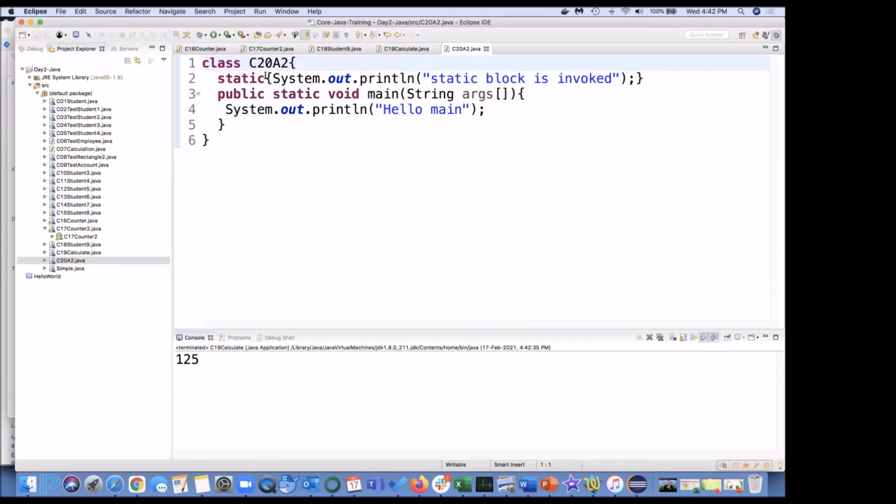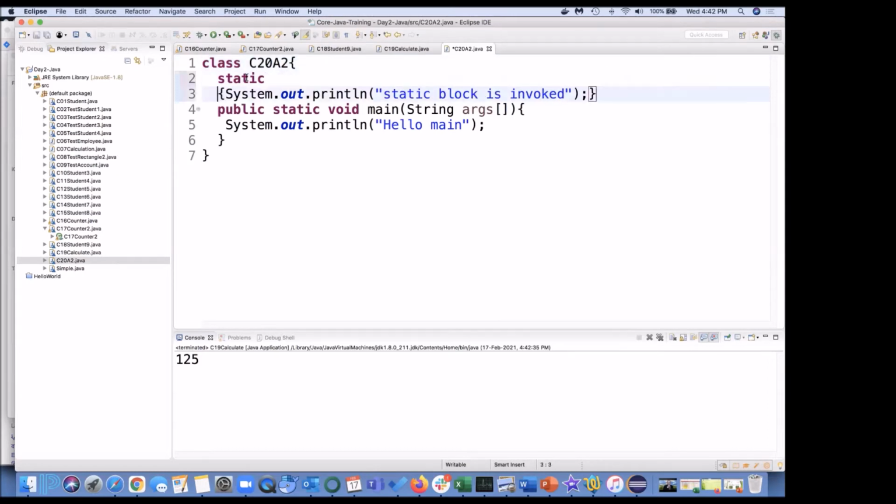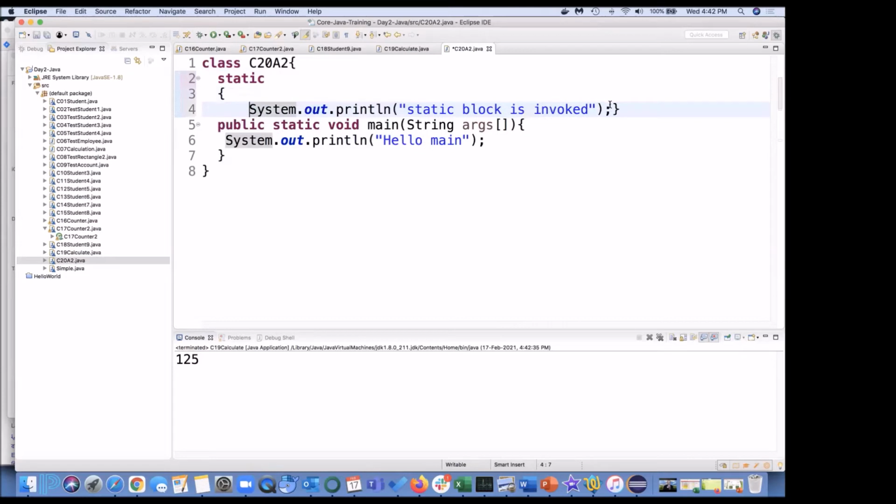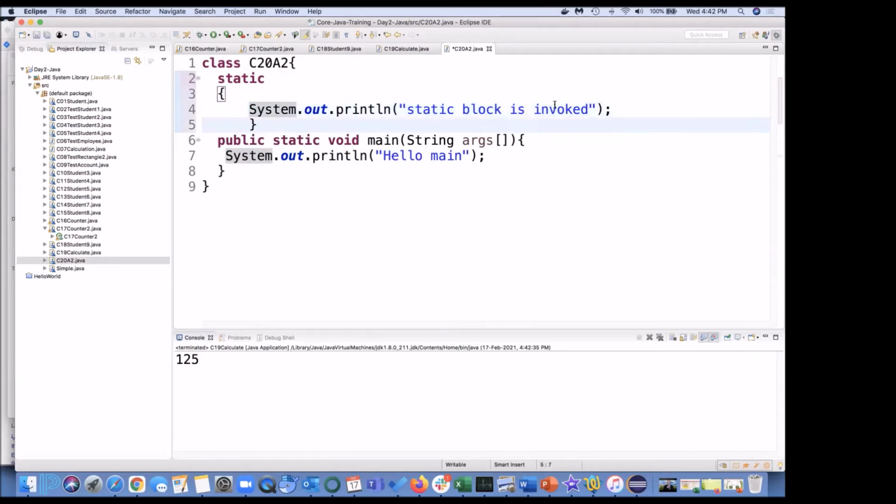Now, you can see for any class, if you are writing the keyword static and you are putting anything in the curly braces, these entire 4, 5, 6 lines are known as a static block.